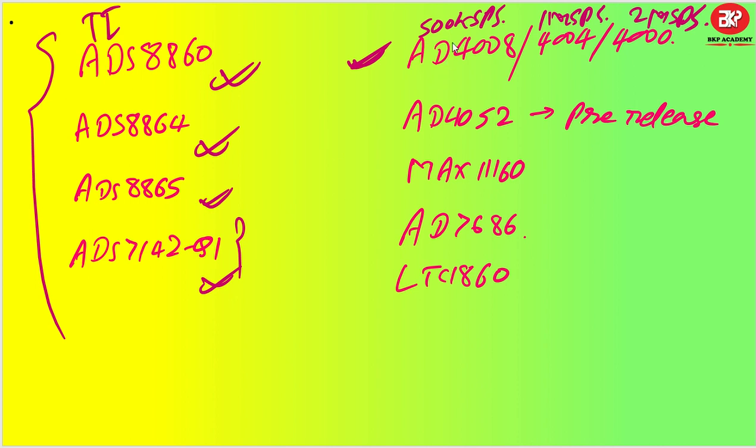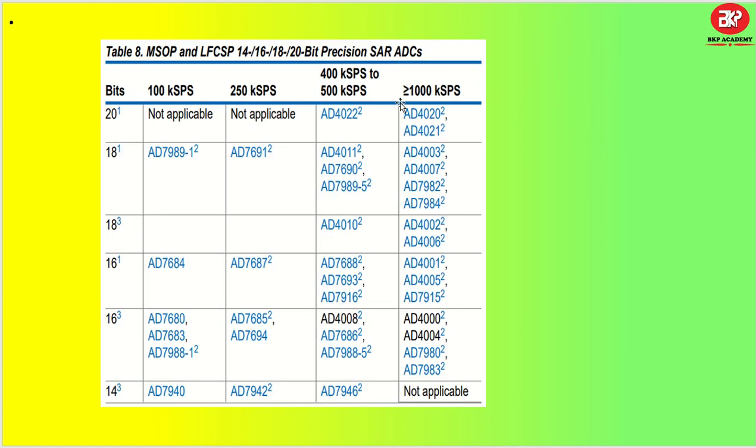One of the best things I observe about Analog Devices ICs is that if you see the particular data sheet, you will have a table that gives you a very good overview of bits and the speed. The different speeds are there, and you have 14-bit, 16-bit, 18-bit, 20-bit precision SAR ADCs, successive approximation register ADCs. You can see we have 20-bit ADCs, and you can see the part numbers directly, which is going to be